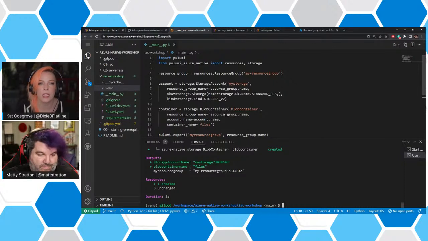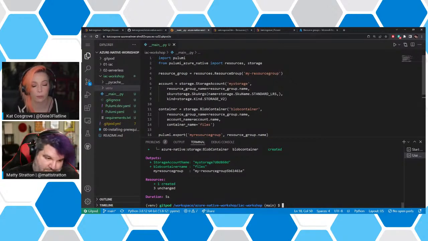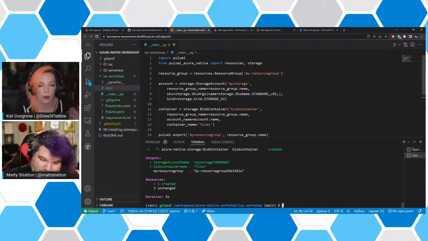You saw me early on, when I was setting this up, set a config value via the Pulumi CLI. It was asking which region I wanted to deploy this in, and I left it at the default, which is West US. You can change that, and that's one of the configs that Pulumi just handles by itself. You don't have to import Pulumi config in your code to do that one, but if I want any of these hard-coded names to be a little more flexible, I want it to be a variable.